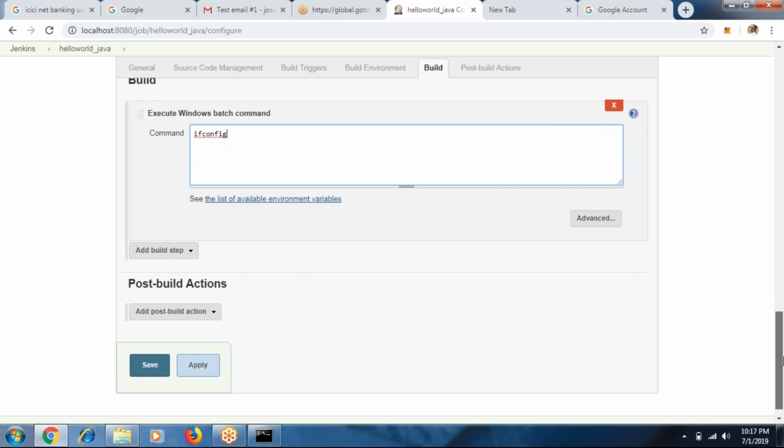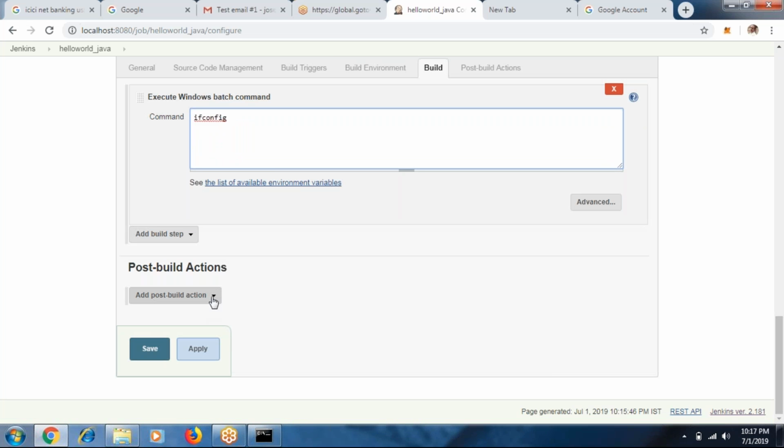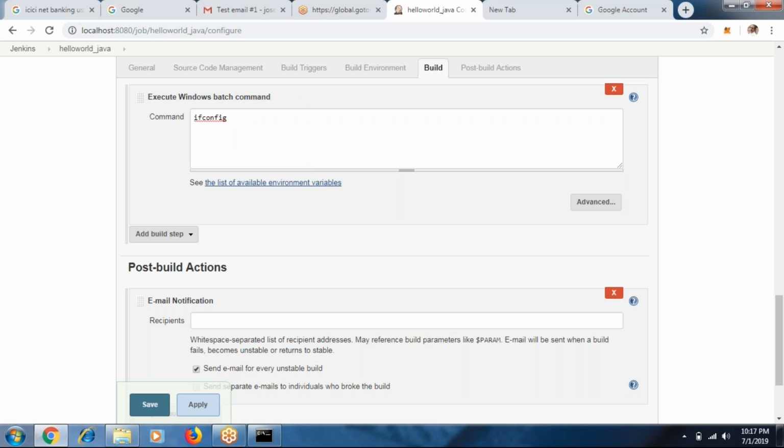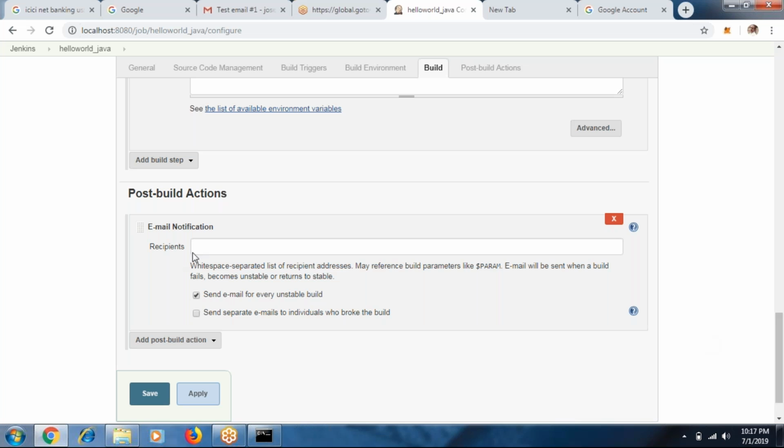Come down, go to post build actions. Okay, and email notification, just email notification, yes. Now give some mail IDs here. I need some mail ID value, right?